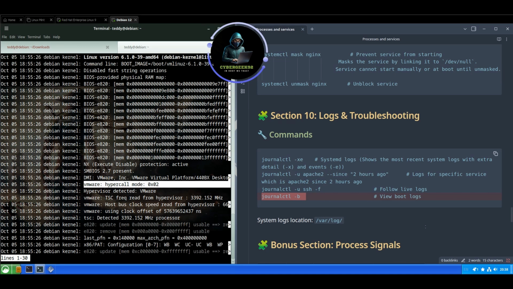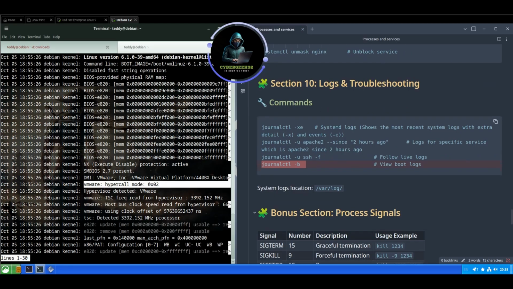That's pretty much it. And logs are located at /var/log. So you can also view these manually without